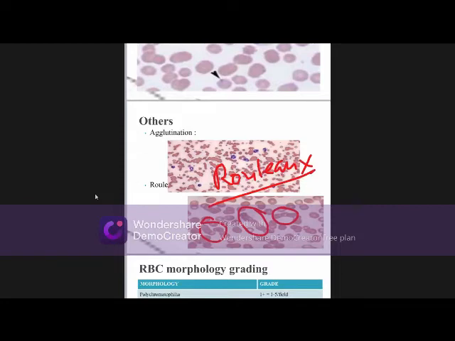Usually, your red cells form a stack of coins if there is an elevated amount of plasma globulin. Okay? Plasma globulin, or simply your immune globulins, your antibodies. So, in such cases, you can easily recover rouleaux in multiple myeloma or even in cases of